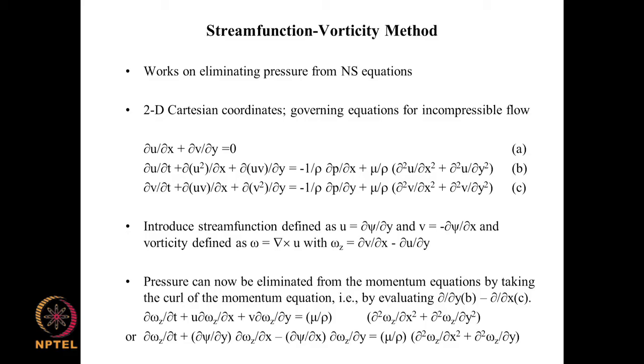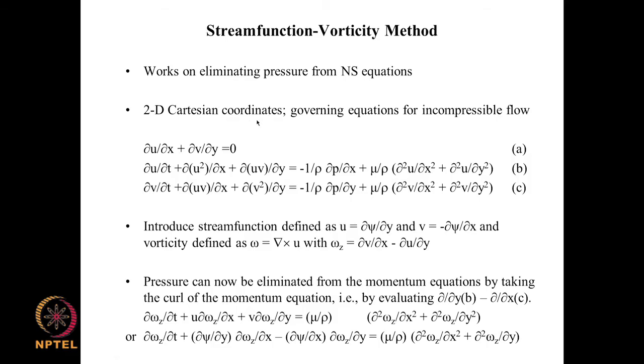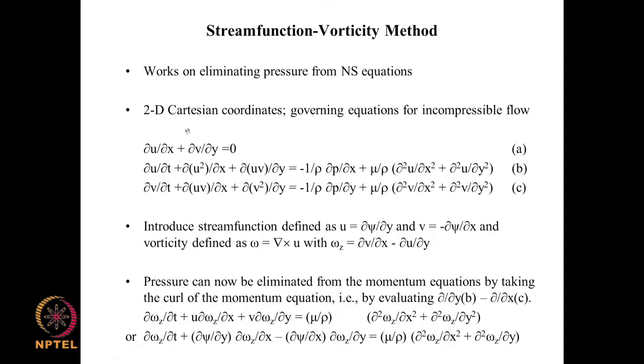So, it is possible under certain cases, and let us consider the case of 2D Cartesian coordinates, 2D meaning 2-dimensional flow, Cartesian. So, we are looking at a 2-dimensional flow in which u and v are the non-zero velocities and w is 0 everywhere, which makes it a 2D flow, and for this the governing equations in Cartesian coordinates we can write as dou u by dou x plus dou v by dou y equal to 0, which is the continuity equation. We will call this equation A here.